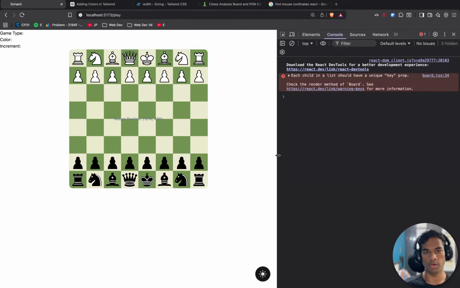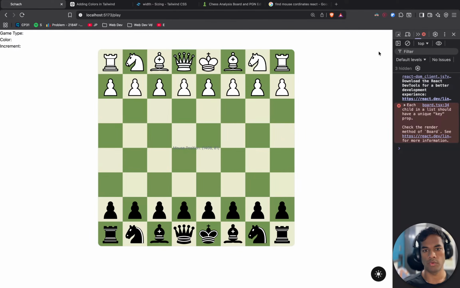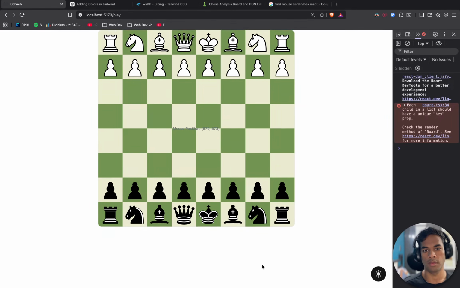Now it is tracking mouse movement. When I come inside, this is about 1024, and now it is bigger.